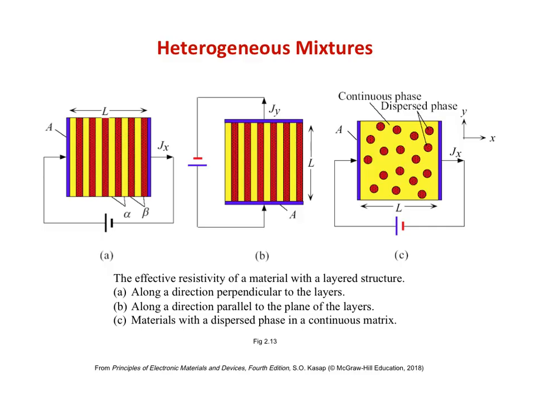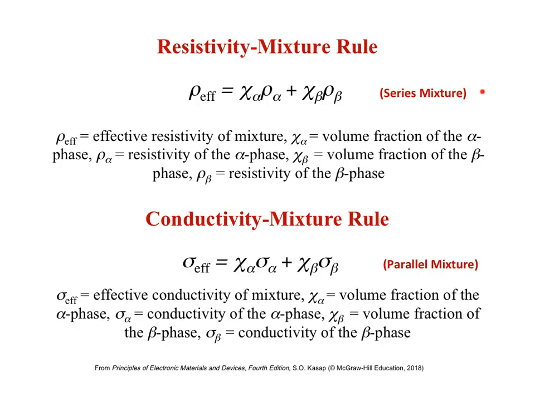In this case, we will use what is called an effective medium approach for the resistance of this mixture that considers both the resistivity of the alpha phase, the beta phase, and the volume fraction, but in a way that mathematically is slightly different from either a perfect series or parallel connection. For the mixture of slabs in series, we derived the resistivity mixture rule. Similarly, for a mixture of slabs in parallel, we would derive a conductivity mixture rule, where the effective conductivity is a weighted average of the conductivity of each material, and again, the weighting function is the volume fraction of each